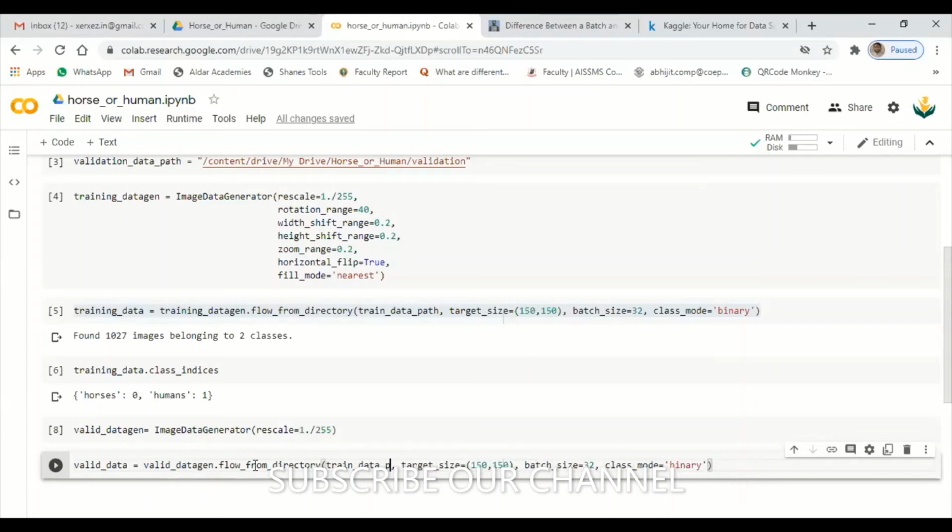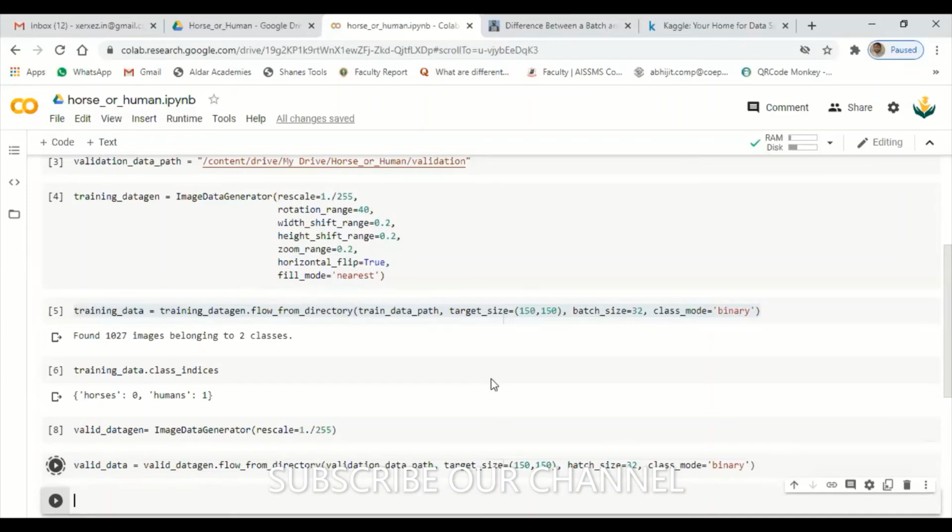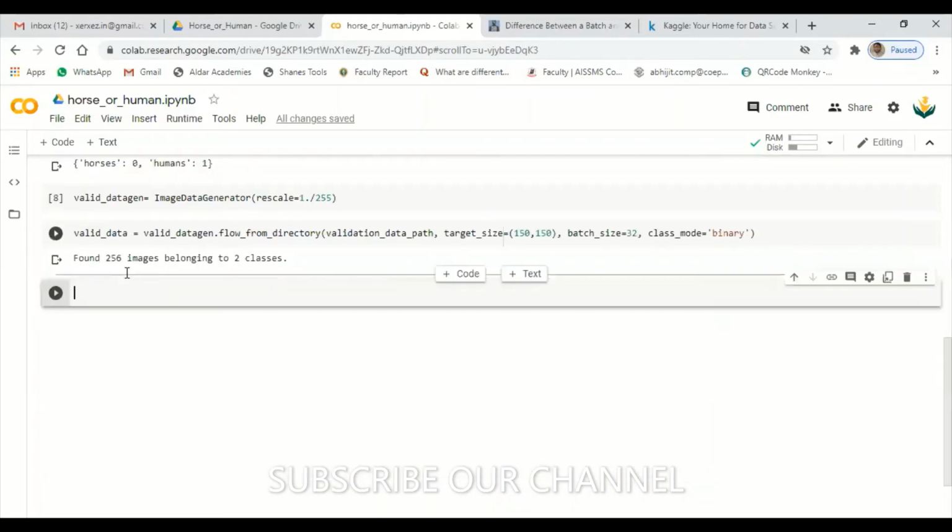Here I have to give the name of the variable I just created, that is valid data, where exactly the data is located: validation data path. Next, target size is 150. Batch size is again 32 here. And class mode I'll have binary, zeros and ones. Shift and enter. Let's see whether this will work or not. Yes, see, in validation data I have 256 images, 2 classes.